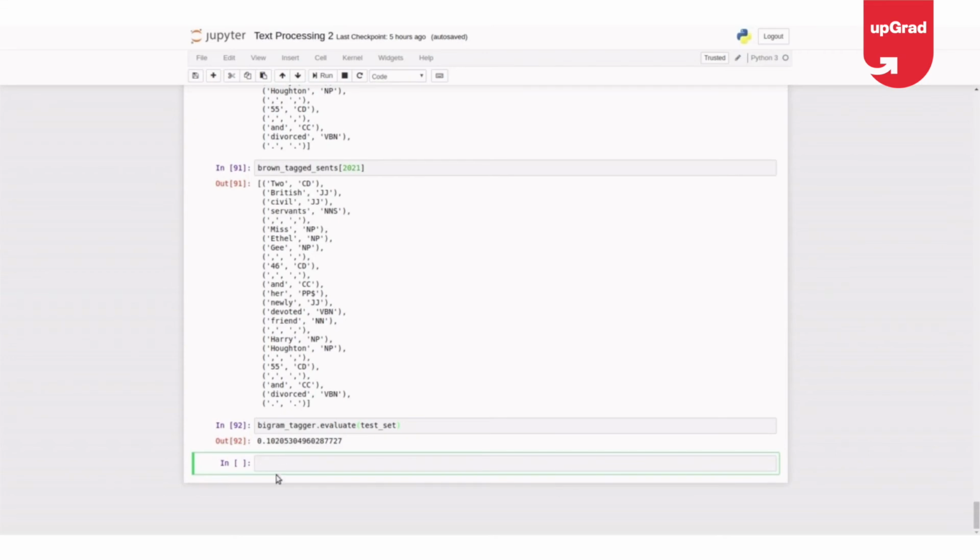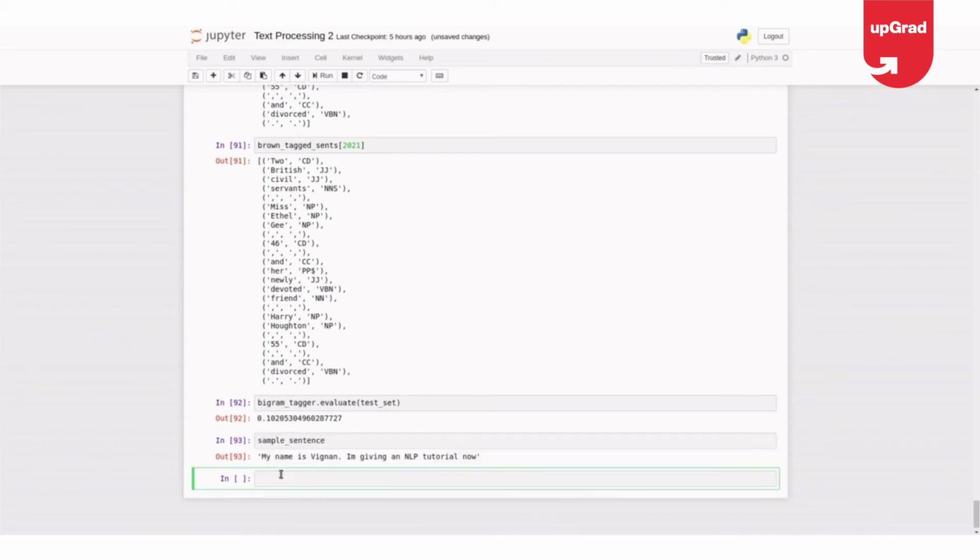Let me check something like bigram tagger dot tag with my own sentence. We already have a sample sentence, right? Let me check that. So what are my tokens?